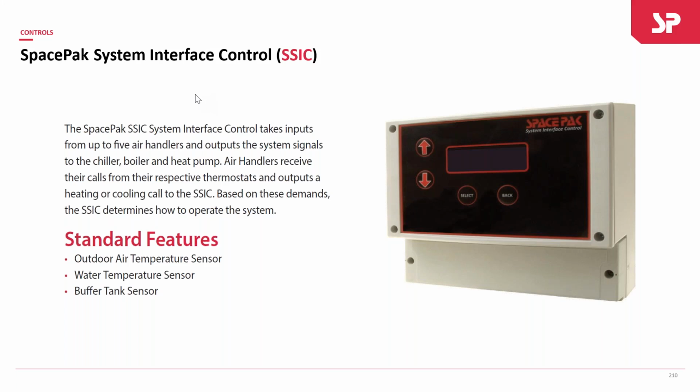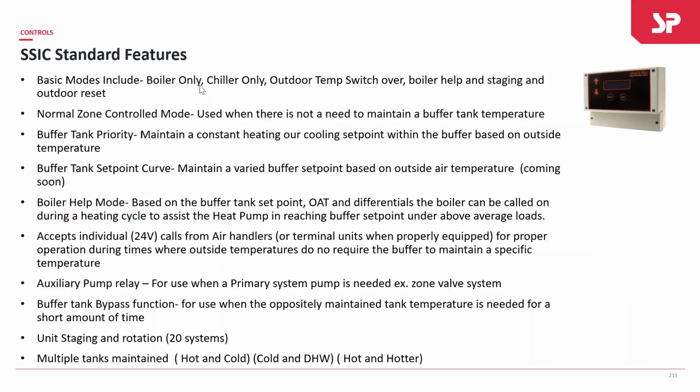We'll break out into, I'm going to jump around on slides here a little bit because there's just so many words here. I'm going to go over this in a nutshell, and then we'll break out into some wiring. It has basic modes. It can be used like a basic on and off aquastat. It can